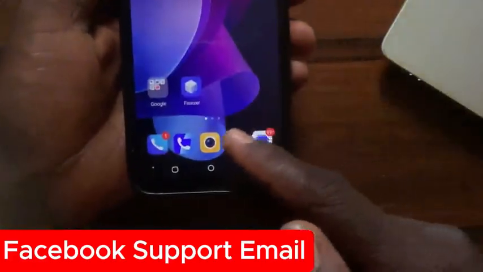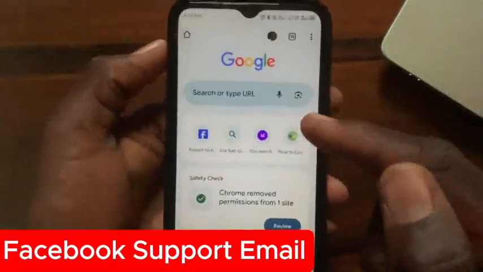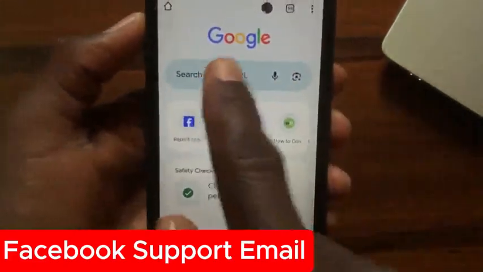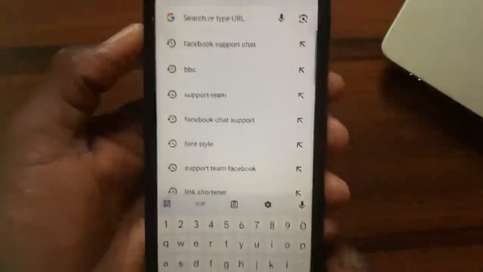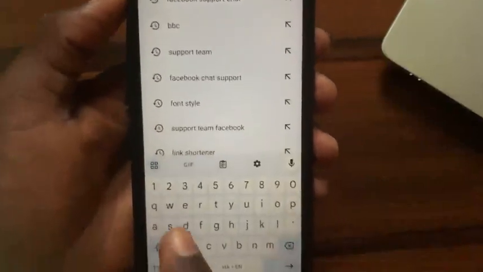Now open up your browser. After you open your browser, any browser that you are using, tap on your search. I will give you the link of this website in the description. Just go ahead and type in this WikiHow. Here it is now,